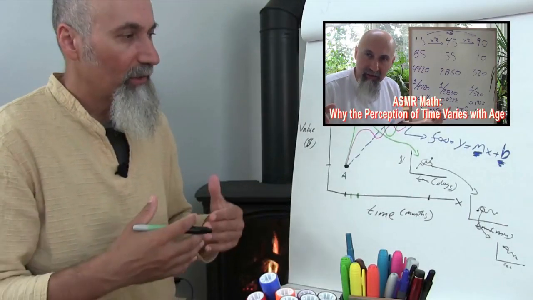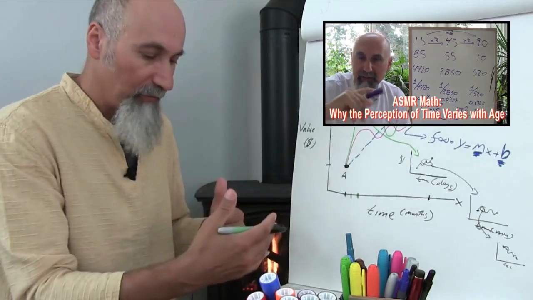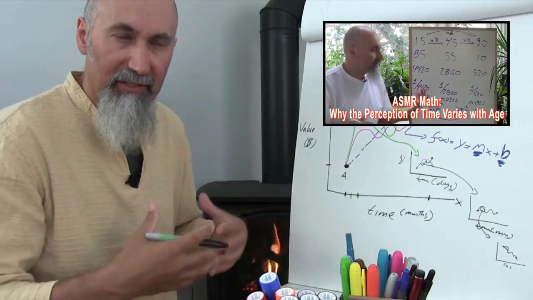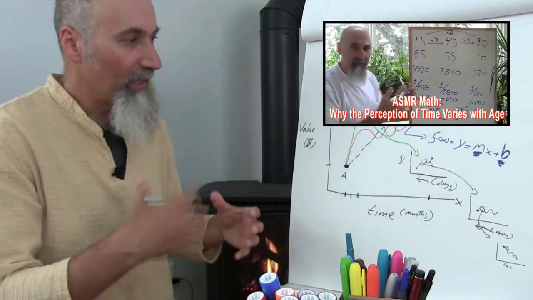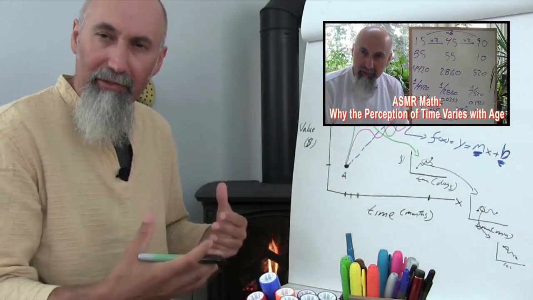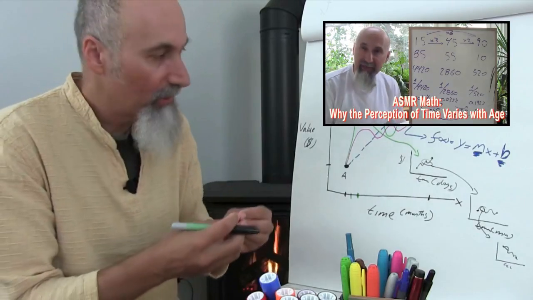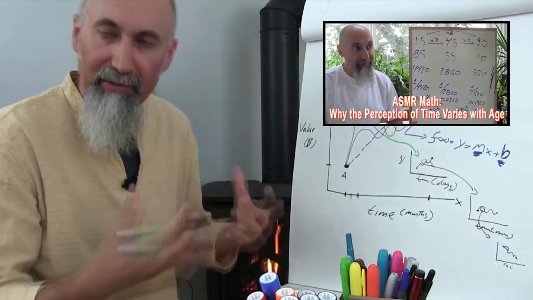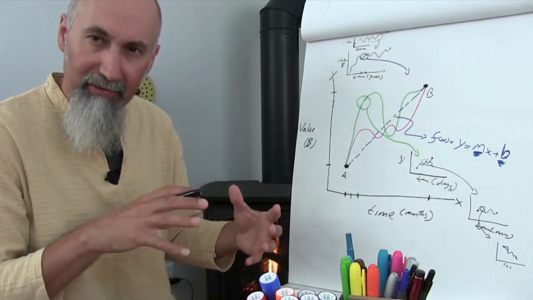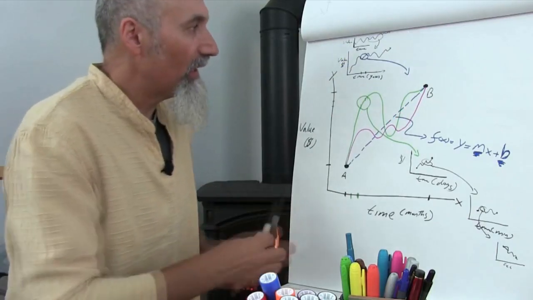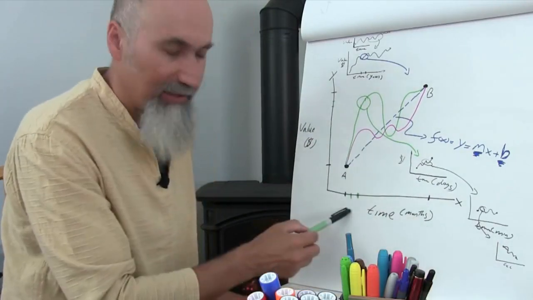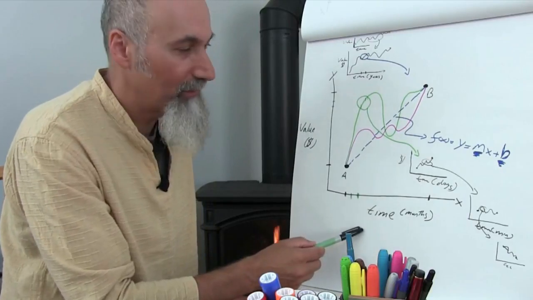Because the younger you are, for example, a 15-year-old, 1 year is a huge percentage of the time, the experience they've had, right? 1 year for a 90-year-old may not seem that long because they've lived 90 years, so it's a smaller percentage of the experience they've had. So we talked a little bit about how the perception of time varies with age, and this is the same concept: how the perception of time varies depending on your units, on your x-axis, on the time frame you have in mind.